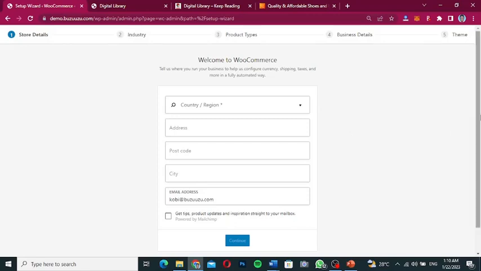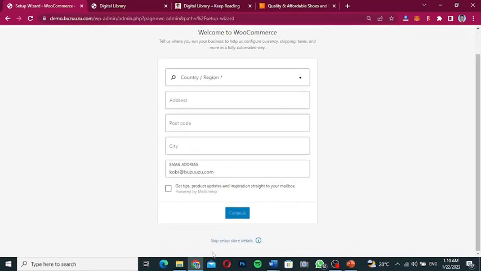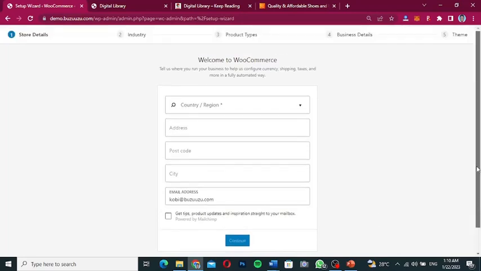Of course, if you want to skip it, you can go ahead and skip the store setup. But since we're going to go through all the WooCommerce settings, we're going to pass through all this setup wizard, and then we'll still go through the settings itself one by one,